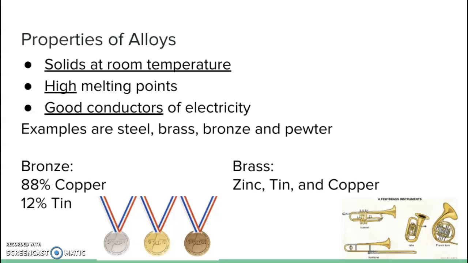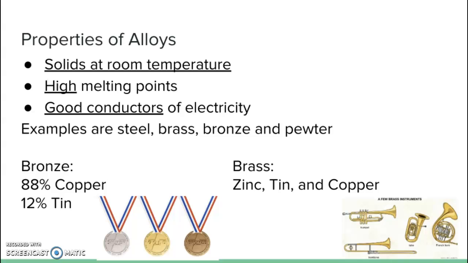Some properties of alloys are similar to just metallic bonds, right? So they're going to be solids at room temperatures. They're still going to have high melting points. They're still going to be good conductors of electricity. The only difference is their names are not found on the periodic table, okay? So for example, we have steel. We've talked about steel in class before. We have brass, we have bronze, we have pewter, right? So these are a compound of